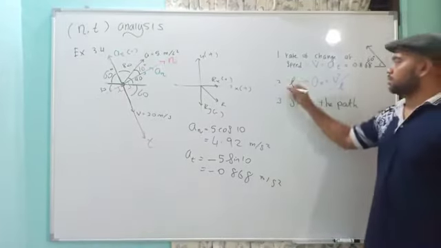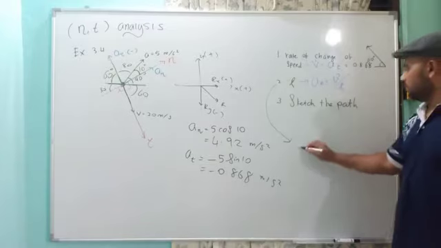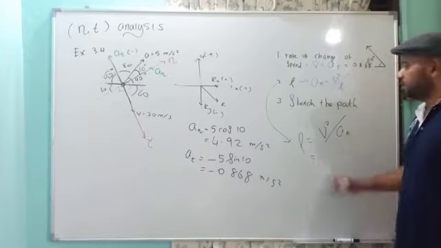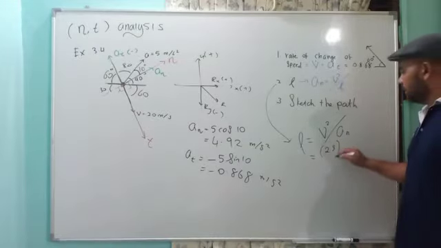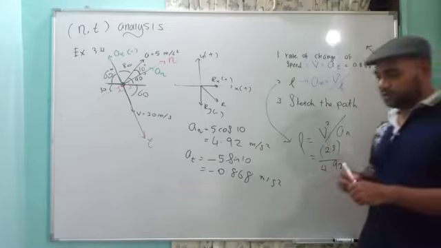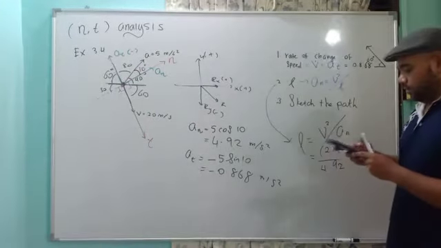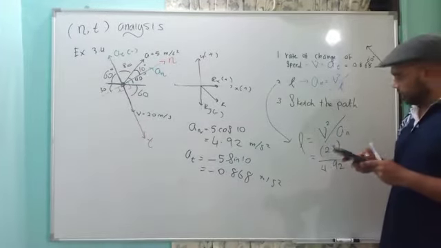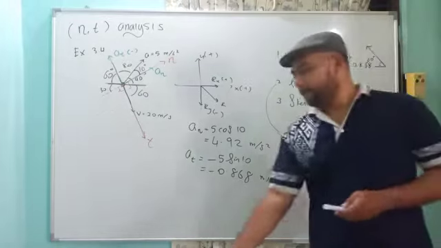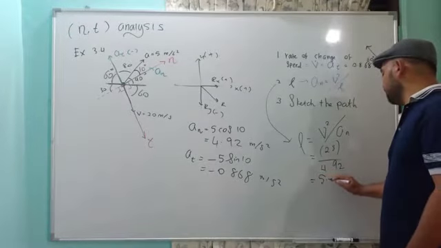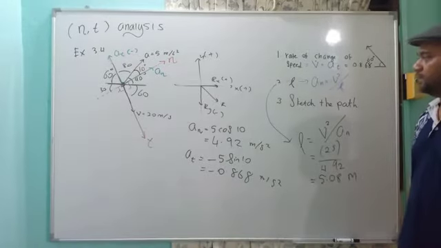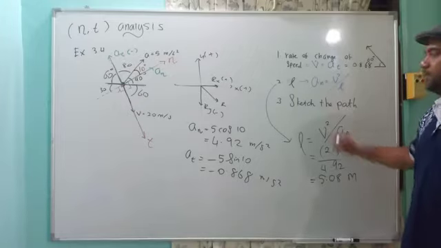The second one, what is the rho? So you have the value. The rho equals V squared divided by A normal, which is V is 5, so V squared equals 25, divided by 4.92. So we just divide by that one. 25 divided by 4.92 is 5.08. So rho equals 5.08 meters in this case, because it is a radius, so meters.